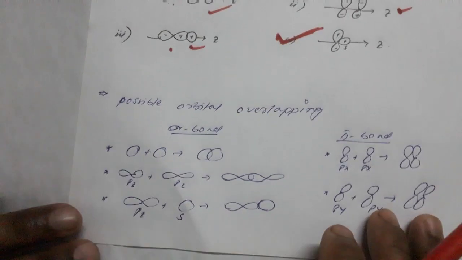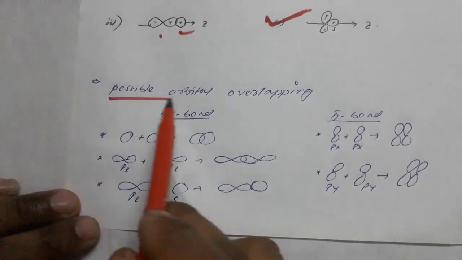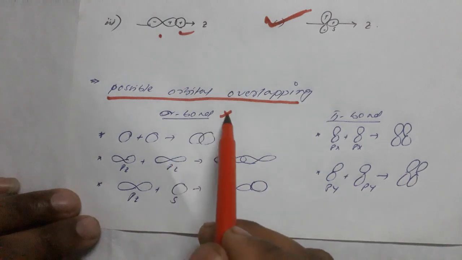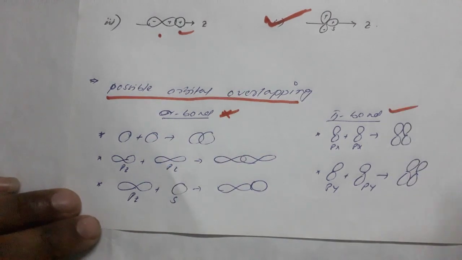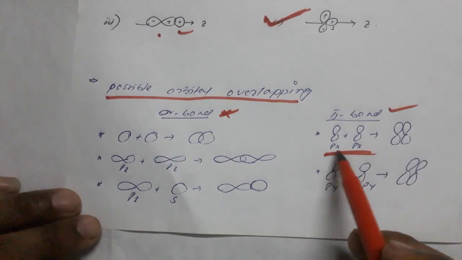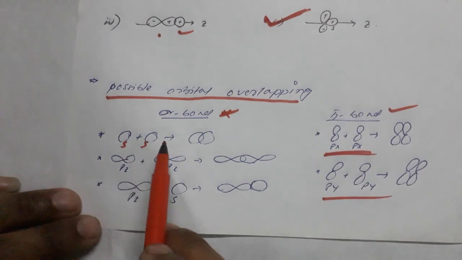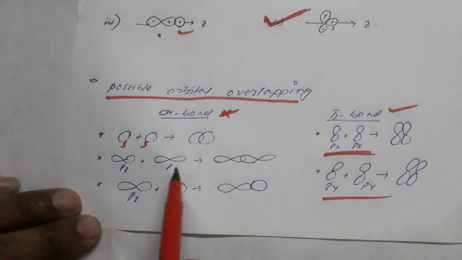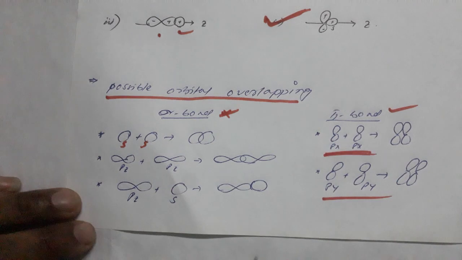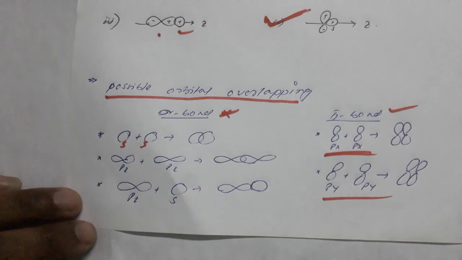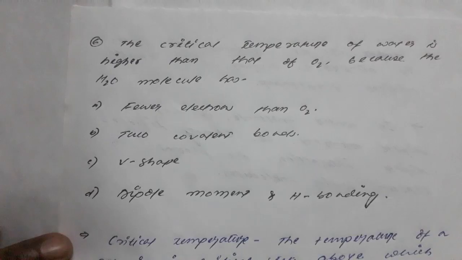Okay. So I have shown here the possible orbital overlapping for a sigma bond. These are the overlaps, and for a pi bond, this: PX and PY. And S and S can overlap for a sigma bond, PZ can overlap for a sigma bond, and PZ and S orbital can form a sigma bond. So this is the concept, and you will get these things in our unit number 4, chemical bonding and structure, HS first year.